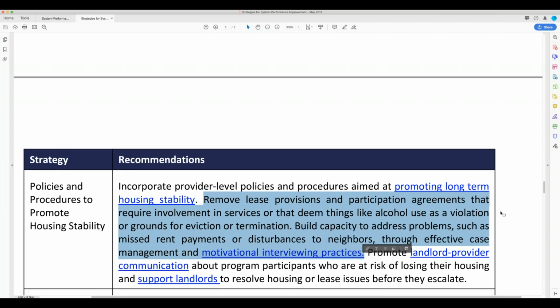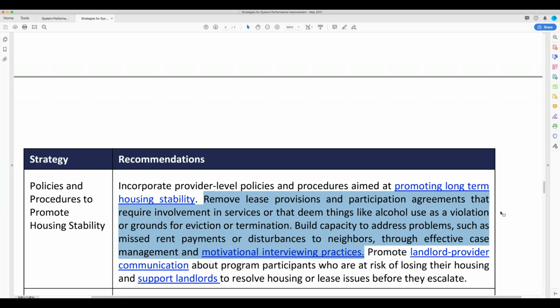Removing lease provisions and participation agreements that revolve around services and require involvement in services. Okay, so that's a housing first philosophy with regard to folks while they are in programs or in housing projects. Okay, also